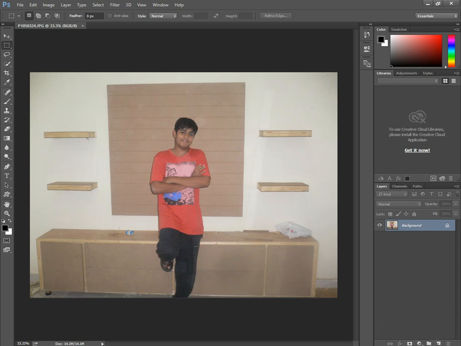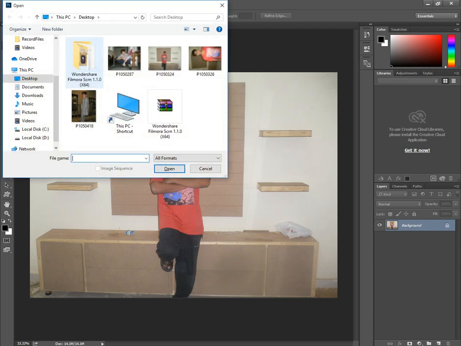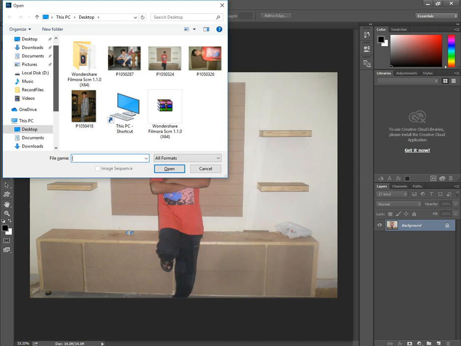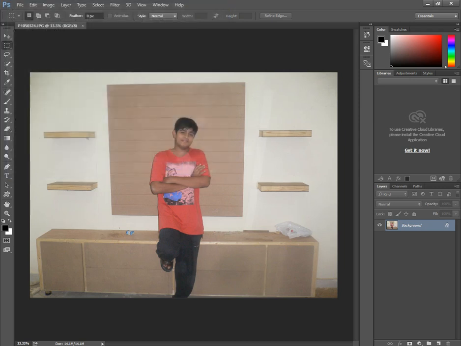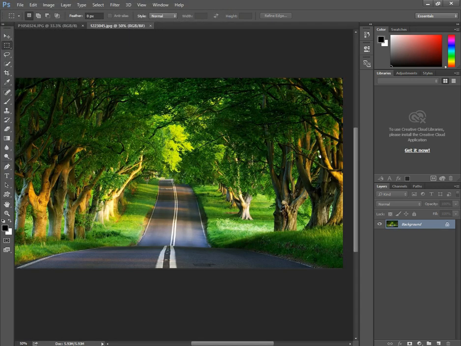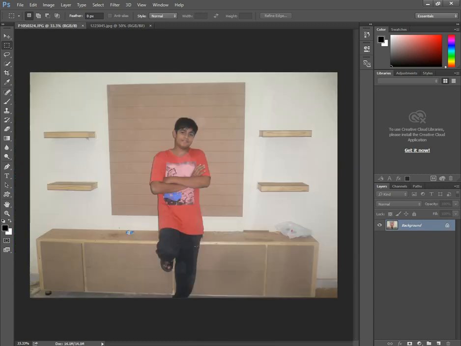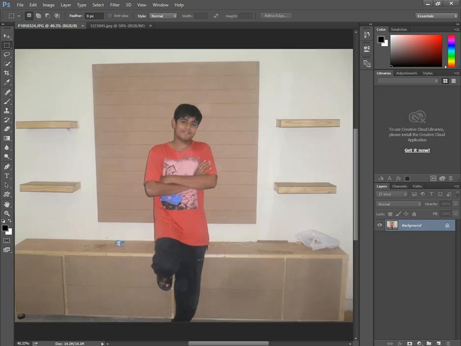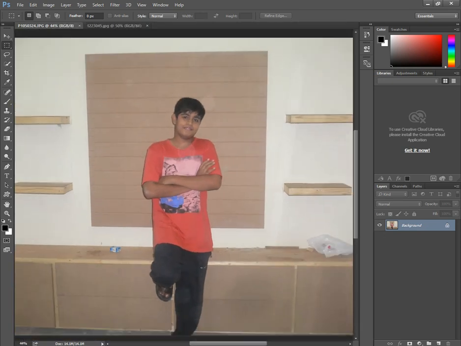And to the place where we are going to move this, we will also open that desired image. Go to our downloads, and this image we are going to adjust in this location. How to do this? First of all,